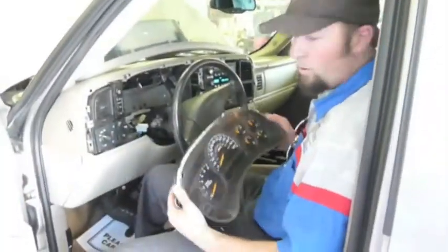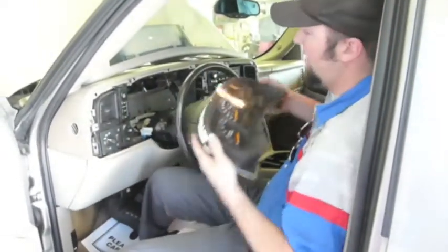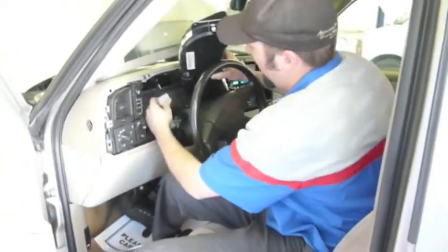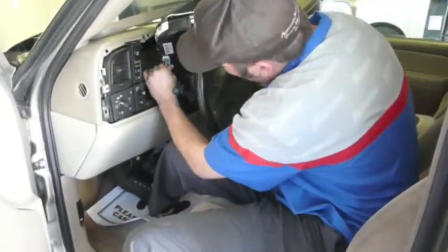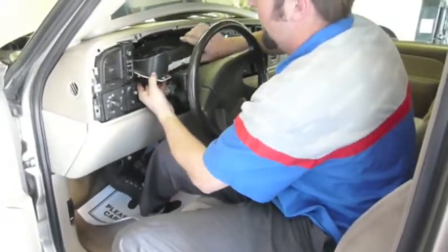Okay, now we're going to reinstall these instrument panel clusters. So we take our new cluster, or remanufactured cluster by Absolute Automotive preferably. All we do is we plug it in. The key can be on in this. It does not affect it at all. And we plug it in until it clips. Okay, and we just put it in,